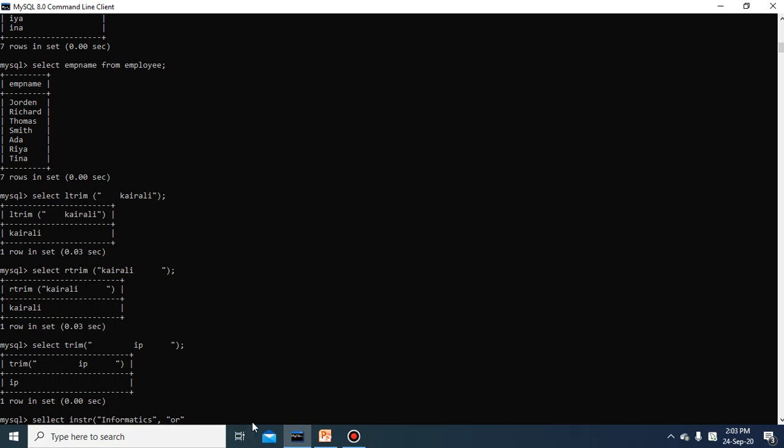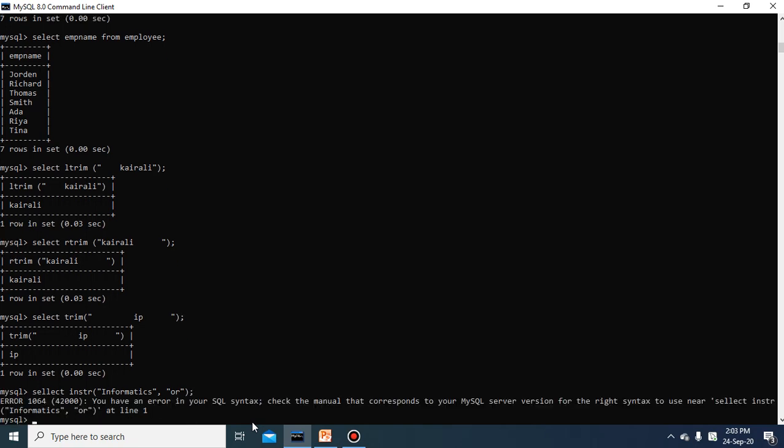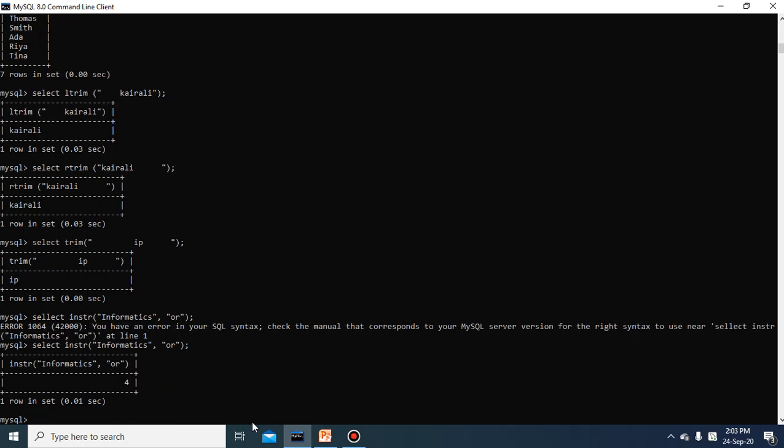So I have written it here as or. So it will return the position of o or the position of or. Select, the spelling of select was wrong, so it produced an error. It returns 4. You can count why 4 is returned: the or substring is on the 4th position.